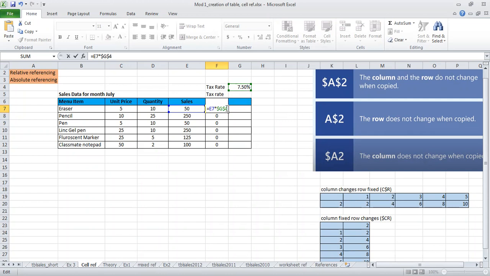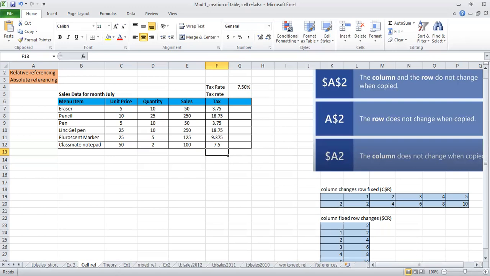That is why now, if I copy this formula to all the other cells, it takes the cell to its left, for E12, and then it takes the fixed cell, which is G4, 7.5. So now my calculations are correct. This is called absolute referencing, where you fix either a row, a column, or both row and column. Clear?